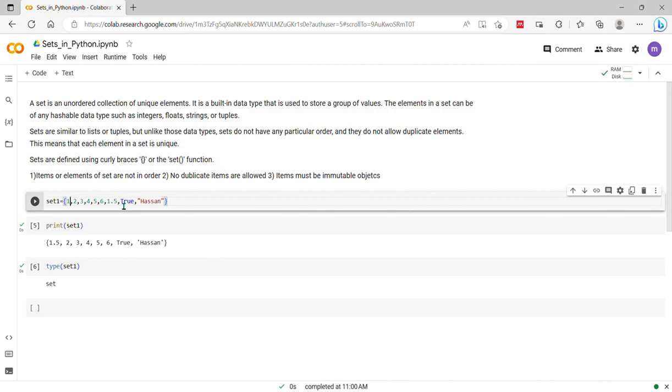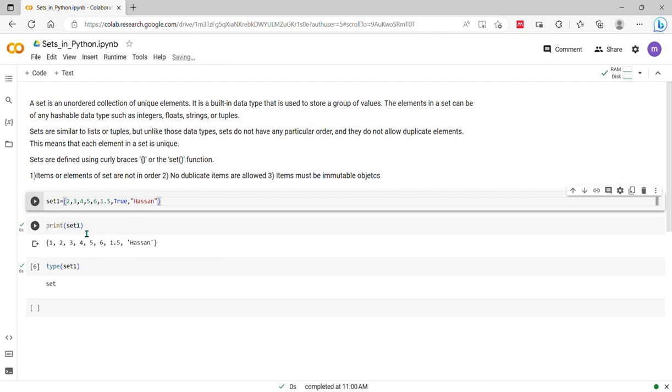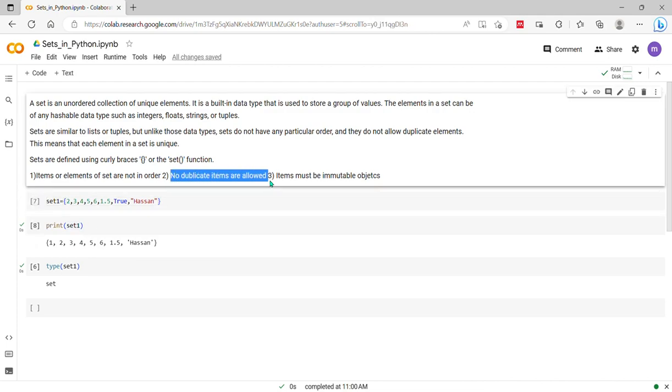So here also there is a duplicate item now. True and 1 are the same, because true is 1, 1 is true, and 0 is false and false is 0. So either true or 1 will be rejected. So here true will be rejected, and 1 will be there. So now we got it. We have cleared the concept that duplicate items are not allowed